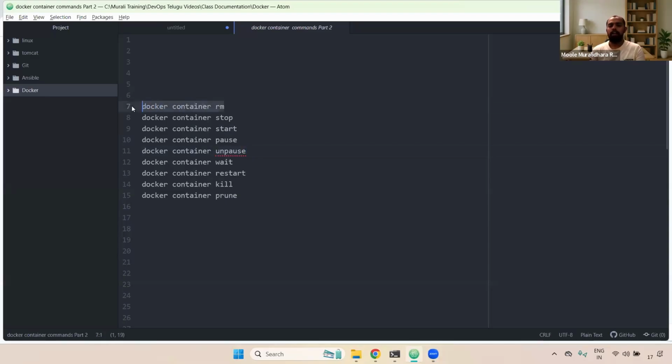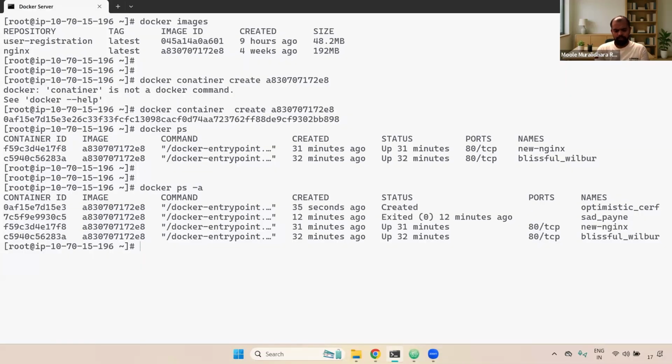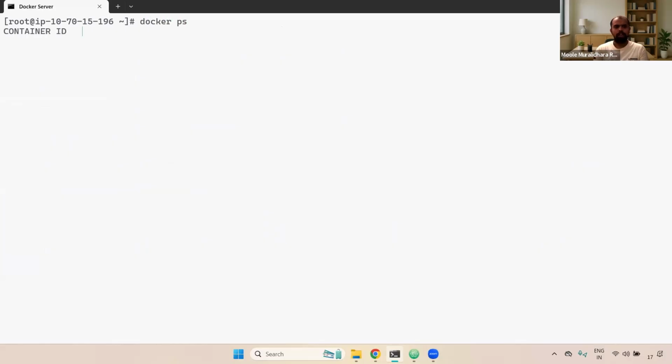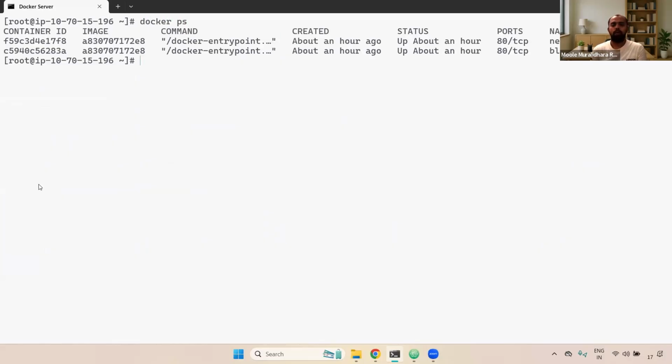First of all, the docker container rm command. rm is nothing but remove. If you want to remove a container, we can use the docker container rm command. For that, you can go here. Currently, if you use this docker ps command, the containers are running. Now I want to remove this running container. So then what you can do is give it docker